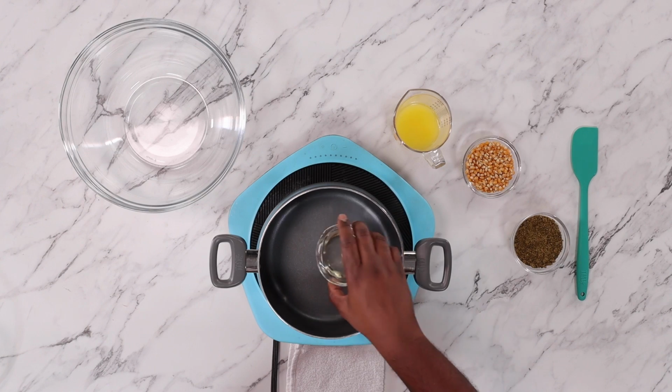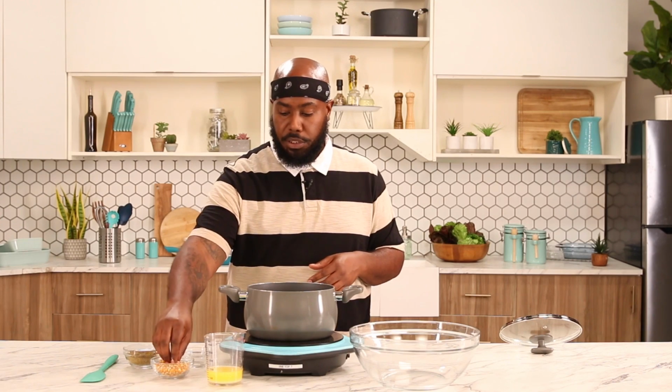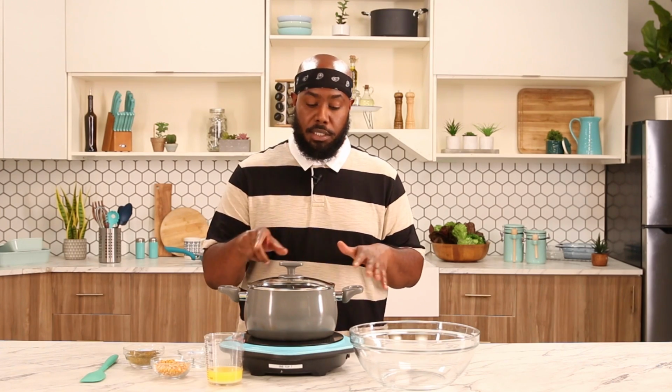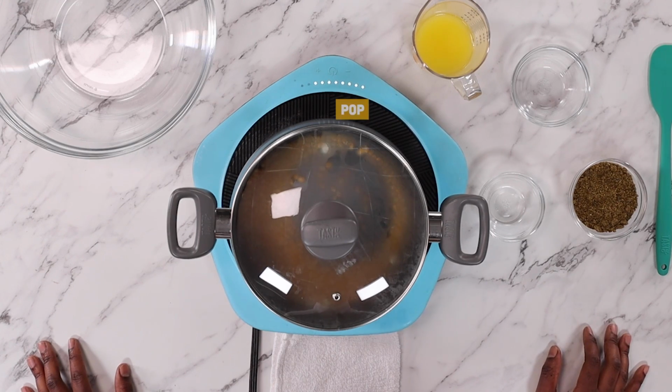We're gonna start off with about 3 to 4 tablespoons of vegetable oil with your flame over high medium. And then we're just gonna start off with a few kernels of popcorn, place it in there and cover it. And then we're gonna turn this on, and as soon as these start popping, we're gonna add the rest of the kernels and cook the rest of the popcorn. Alrighty, so our tester kernels have started popping, so we're just gonna add the rest of our kernels now and